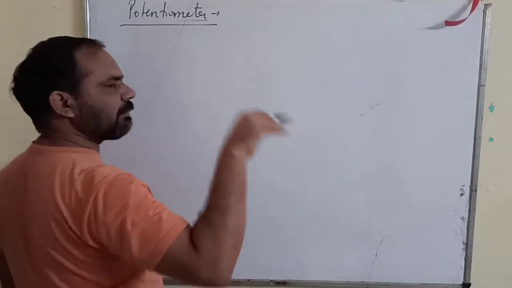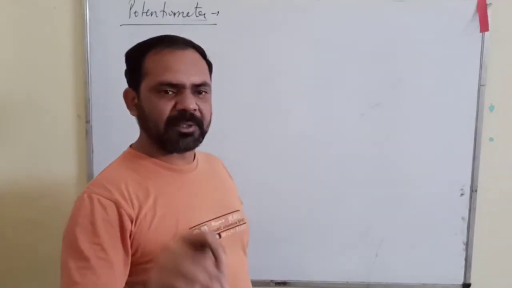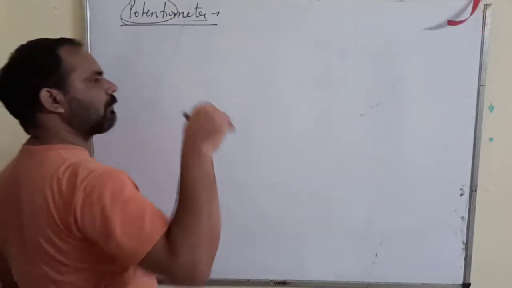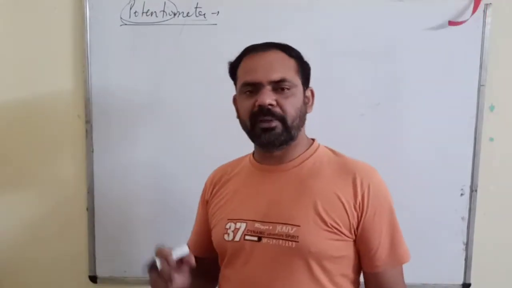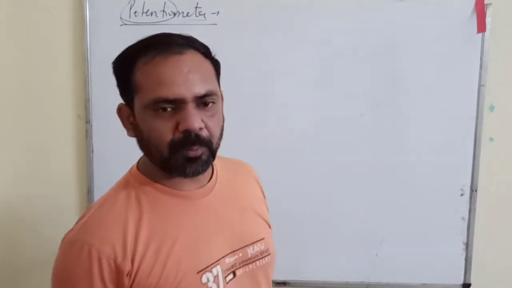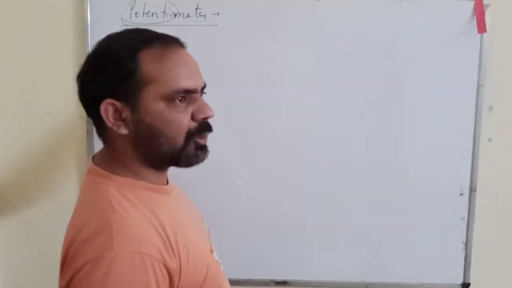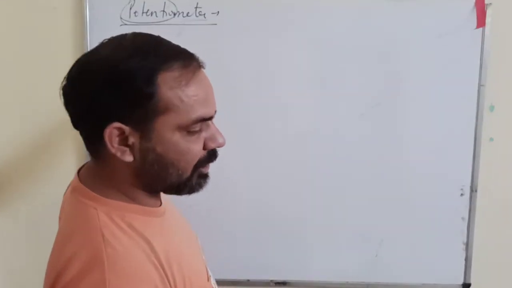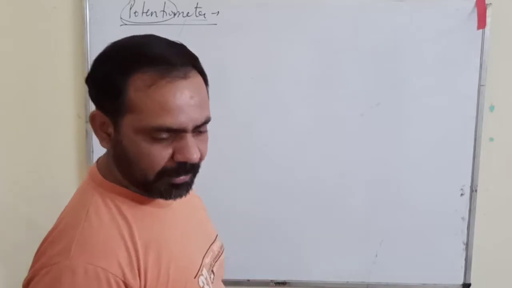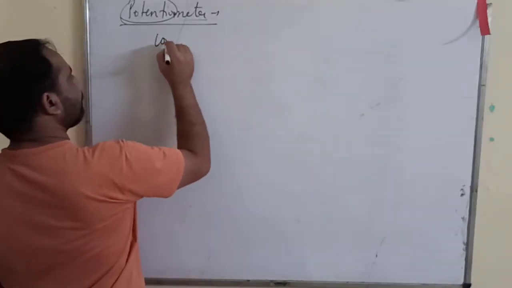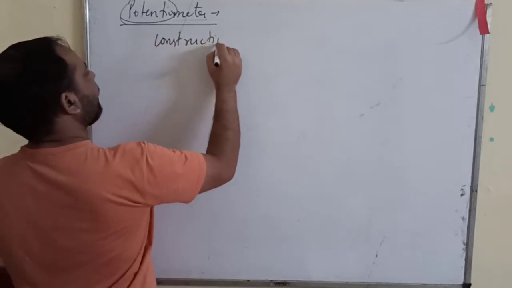Potentiometer: the word meter refers to measurement, any device that can measure something we call a meter, and potentio refers to the word potential, or voltage. So this is a device which is used to measure the potential difference between 2 points, just like your voltmeter. Potentiometer is a device which is used to measure the potential difference between any 2 points. Now we will discuss its construction, how it is made.